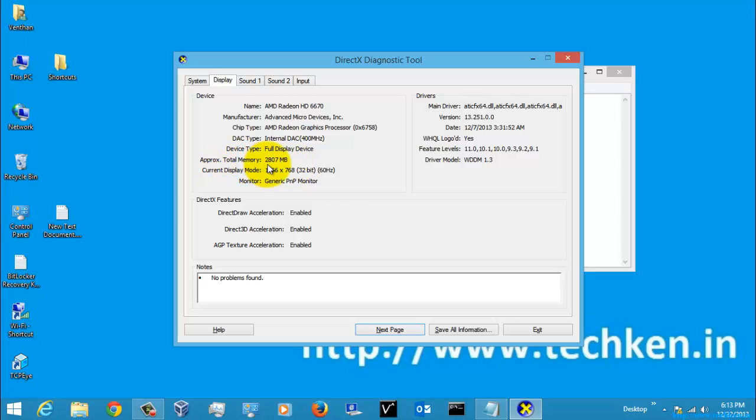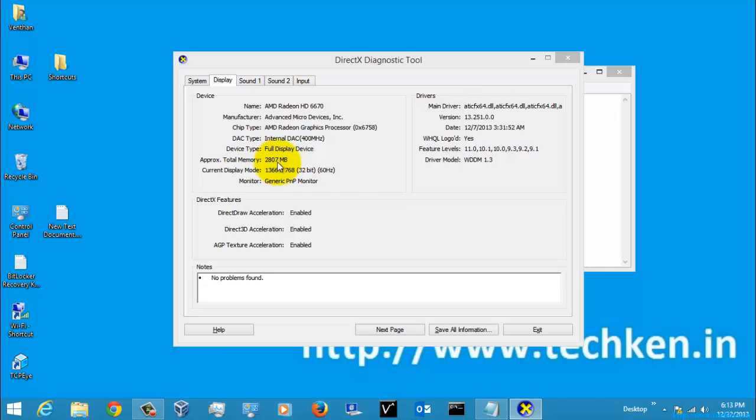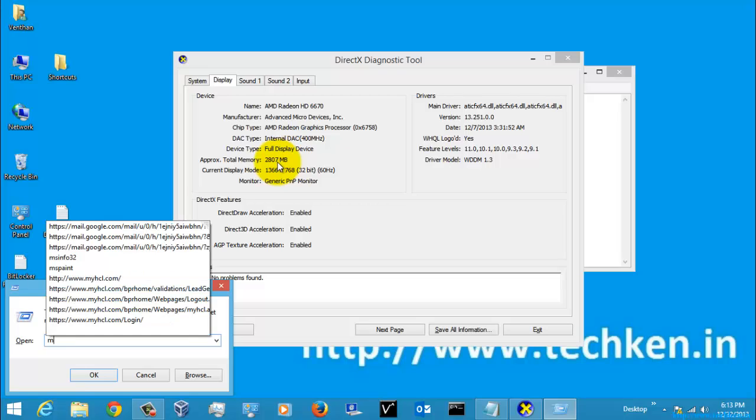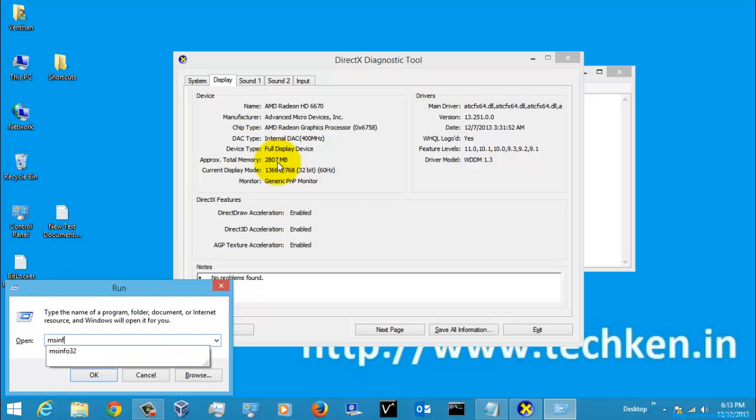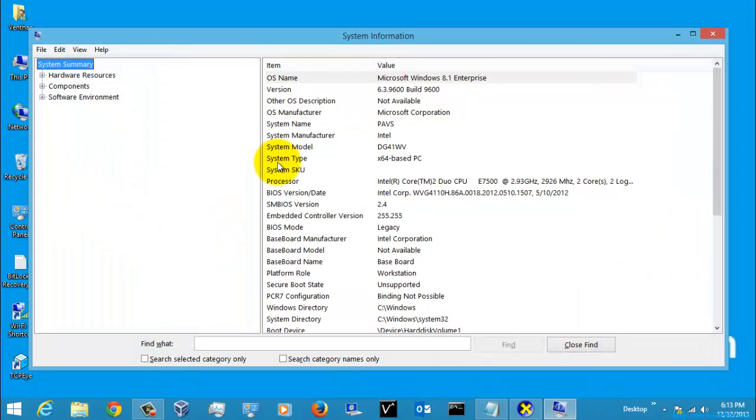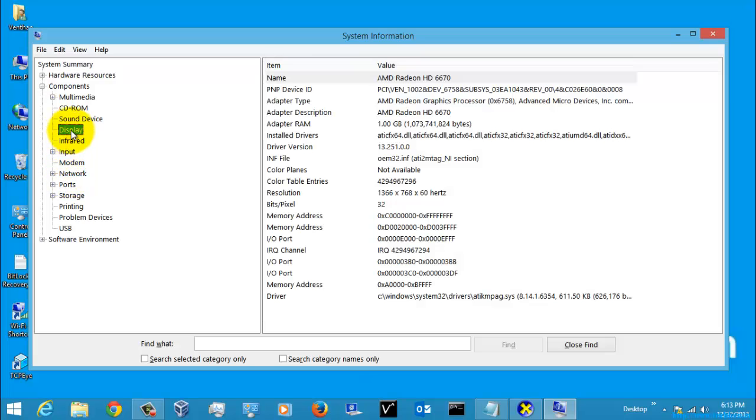And don't just get into excitement, since this is not the exact value your graphic card is having. This is just an approximate total memory which your graphic card is having. For the real value you need to go to this option, that is msinfo32. So go to the MS system information and go to the components, and here go to the display option,